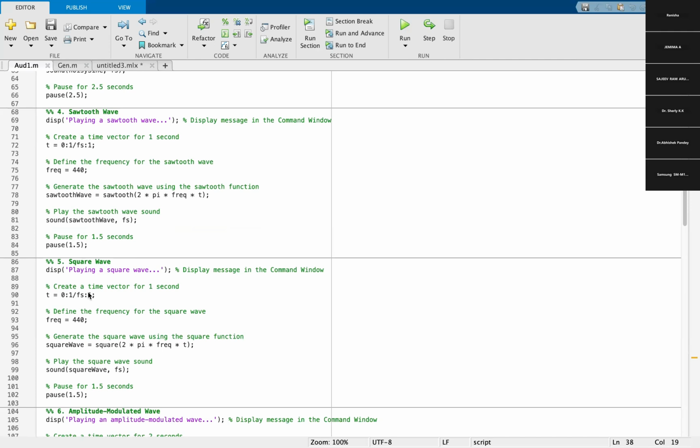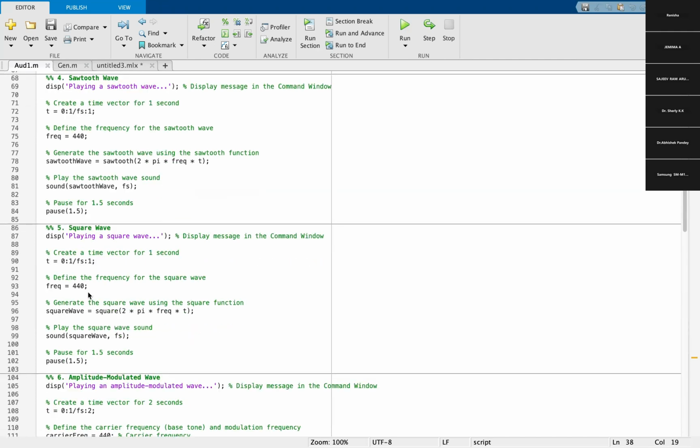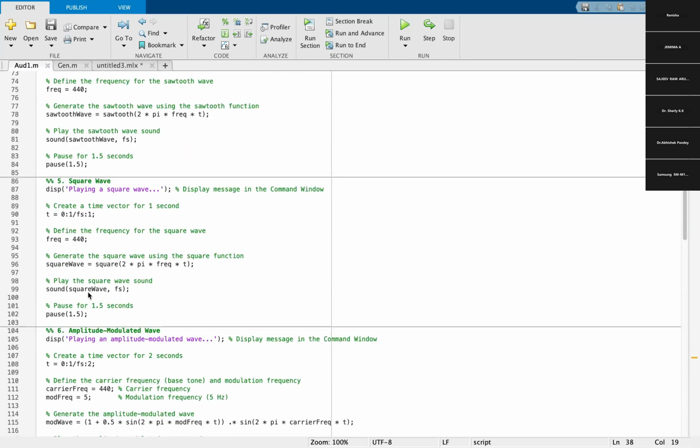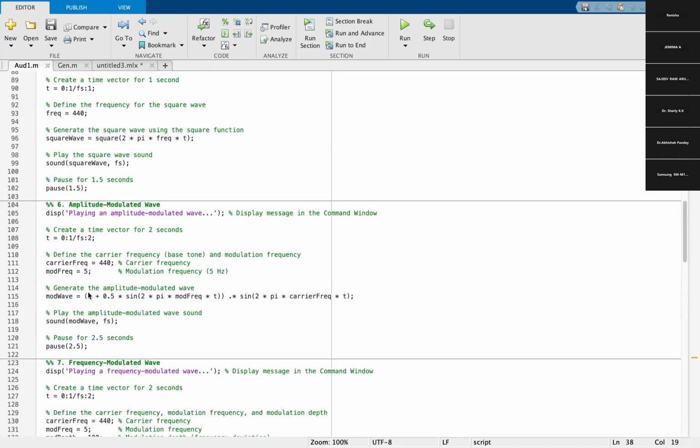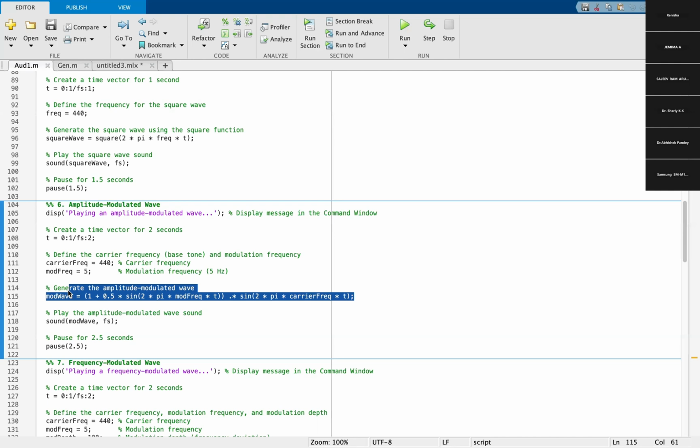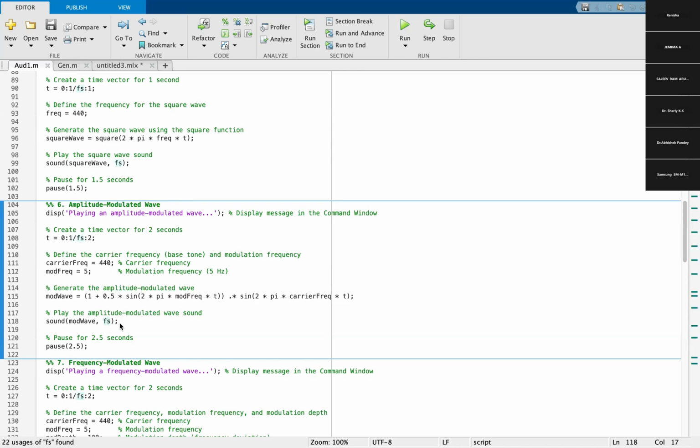What we will do with the square wave, the same thing will happen. Now we are having an amplitude modulated wave. We have a formula for this, and nothing needs to be changed, the same formula as amplitude modulation. We then plot the amplitude wave with respect to fs. Nothing needs to change; we are just applying a different modulated wave, and we are getting it